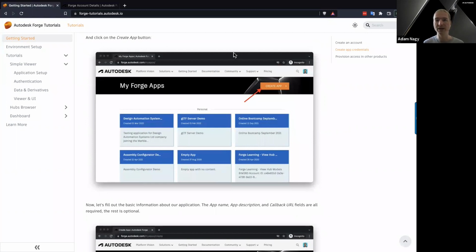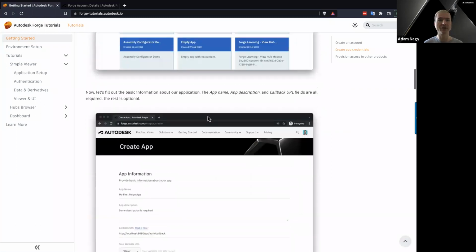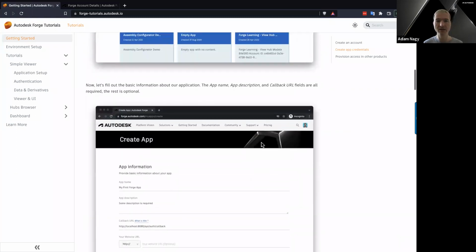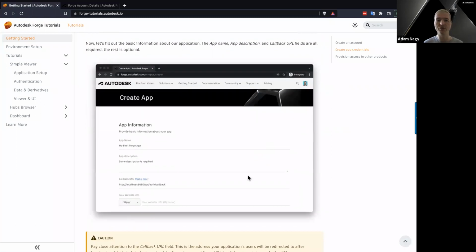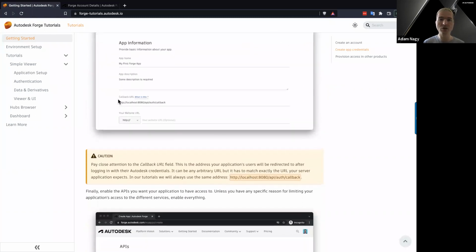And then once you're inside your Forge account, you will have the option to create a new app. I think by default, all the various components will be selected that you can use, and then you just have to provide a bit of information, including the callback URL. This is the URL that will be used when you're doing a 3-legged authentication that will be needed tomorrow. So today we are only doing a 2-legged authentication, which is the simplest form of it,